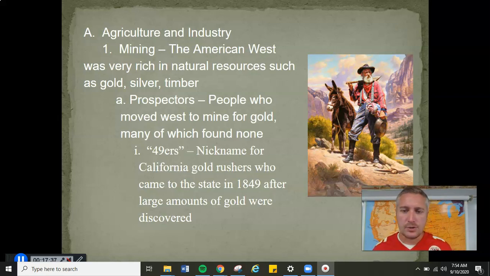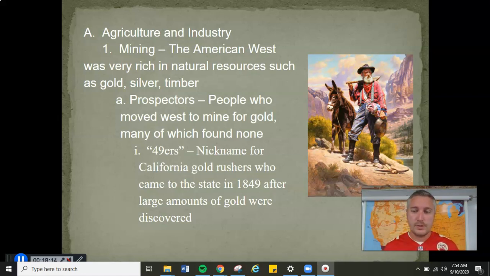Agriculture and mining; those are the two main big industries that are going to be moving out west and taking advantage of this somewhat open land. America is truly a blessed nation in terms of how many natural resources we have. You think about a small little country like, again, Great Britain, right? They're an island, right? Part of the reason that they ended up resorting to empire was because they had to go out and get their resources. Well, America, we didn't necessarily have to go out as early as they did to get those resources.